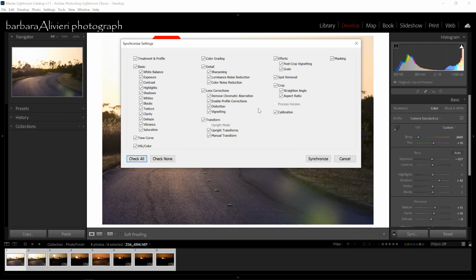It takes up a lot of your computer's energy. Processing power. Thank you. I'm at a loss for words here. So if you don't need to do your spot removal, you don't have to. Although it is an easy way to do it, it's going to slow you down. But that's just an option. You can just unclick if you don't want to keep the sharpening, or you don't want to keep the vignette, whatever it is. I prefer to check them all, but you don't have to. That's just an option. And then you click synchronize.